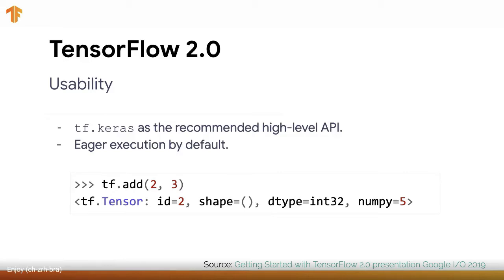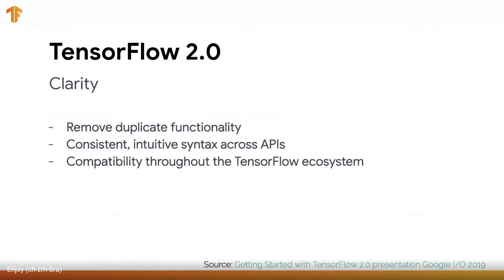So, as I said, your execution goes in this direction. I add the number and I get the result immediately, so that I can compute custom training loops very easily, or relatively easily. And then of course they remove duplicate functionality and unclear function names to make it more consistent, and so on and so forth. And I think that Fabian will surely tell more about the ecosystem, TFX, and the other